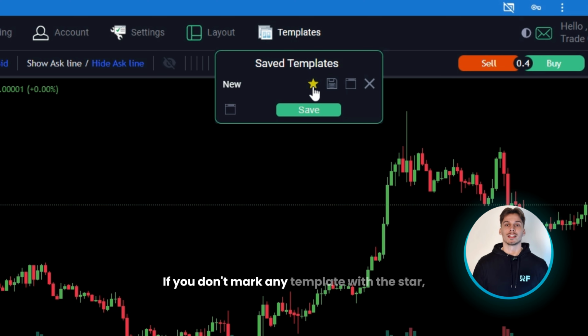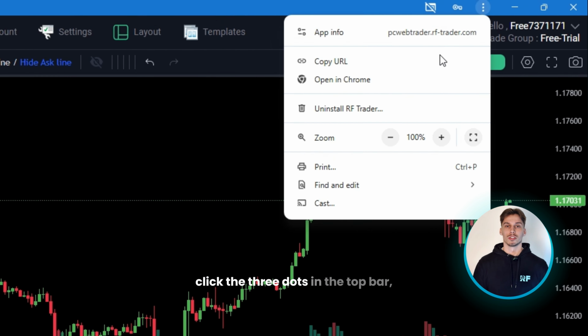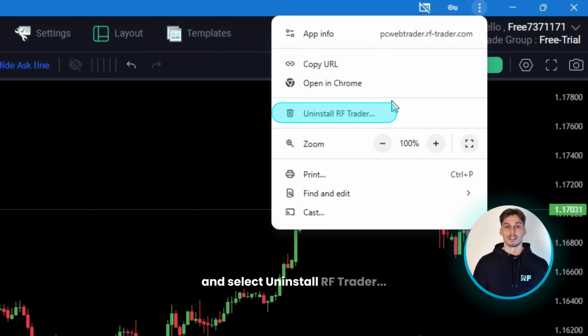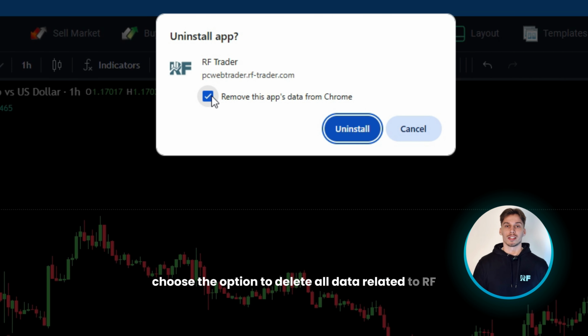If you don't mark any template with the star as a favorite, you must set template mode to open all templates. If you ever want to uninstall the RF Trader platform in the future, click the three dots in the top bar and select Uninstall RF Trader, and also choose the option to delete all data related to RF Trader